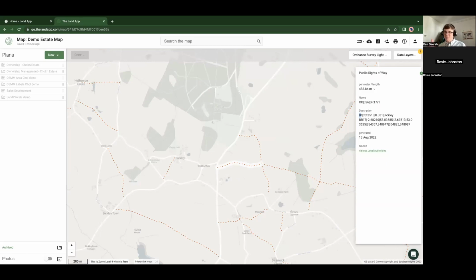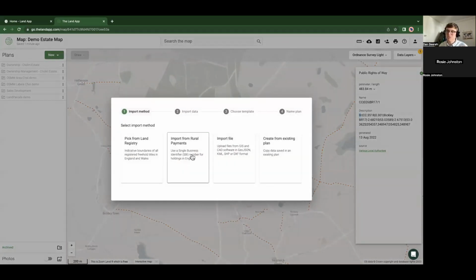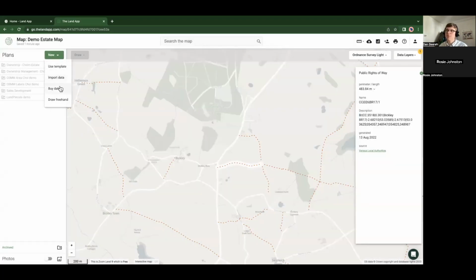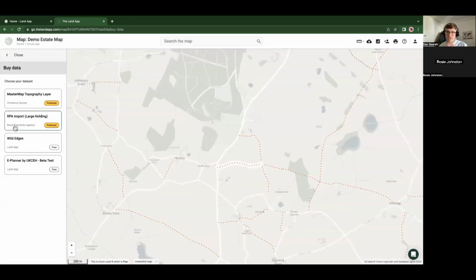So Sarah, yes, if you've got an SBI number, I didn't show it during this workflow, but during the introductory webinar, I do definitely recommend downloading the SBI number, either just by hitting import data and getting it all in here, or, if you're a professional subscriber and you just want a section of the estate, using the workflow that I just showed a moment ago, which is in the buy data. We've got the RPA import. The licensing